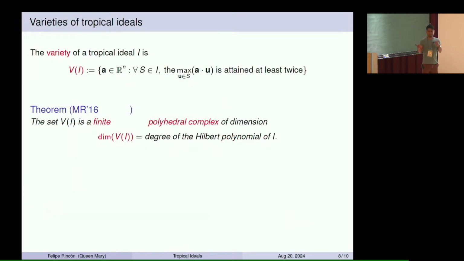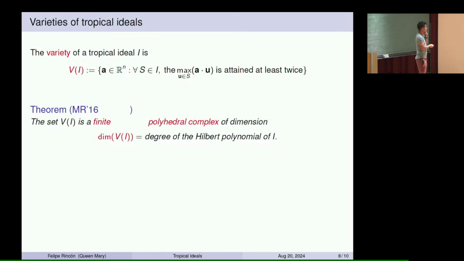How about the connection between the algebra and the geometry? What do I mean by the geometry? Well, remember that whenever you have a collection of subsets of N^n, you can define the variety in the same way we defined it before. For every subset in the collection, consider the directions where the maximum dot product with those elements is attained at least twice. And then what we proved is certainly not true for any collection of subsets of N^n. The matroidal property is essential for this